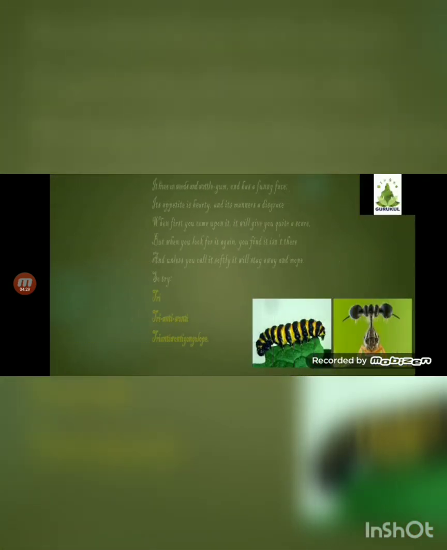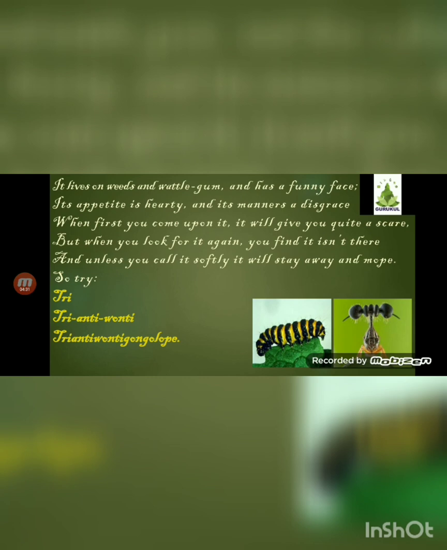Now, let's move on further. We will look at the second stanza of the poem. It lives on weeds and wattle gum and has a funny face. Its appetite is hearty and its manners a disgrace. When first you come upon it, it'll give you quite a scare.